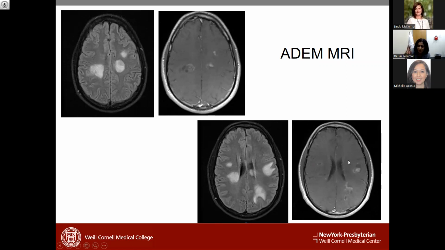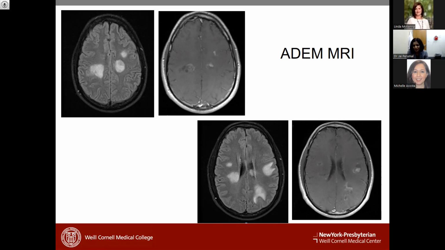So even though they may meet the criteria for MS, because all of them are enhancing, it's a one-time event, it is more likely to be ADEM than MS. And why do we have to keep trying to differentiate ADEM from MS? Now, ADEM is often a one-time thing. So after you treat the acute event, whether it's with steroids or IVIG or Plex, you don't have to put these patients on long-term immune suppressive treatment.